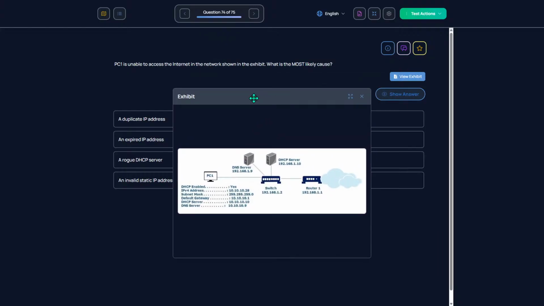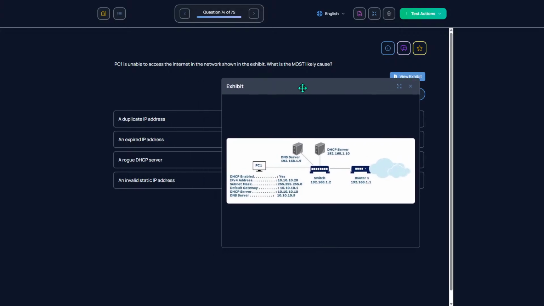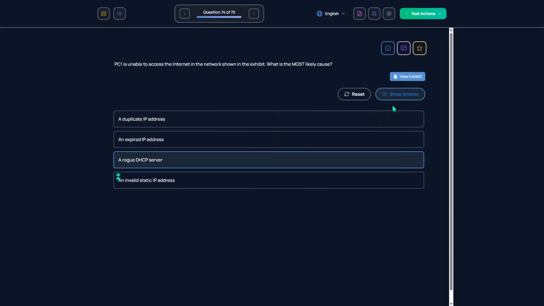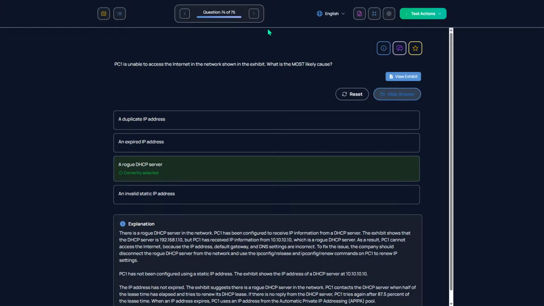What's it not able to access? Unable to access the internet. I think this is a rogue DHCP server. Yeah.